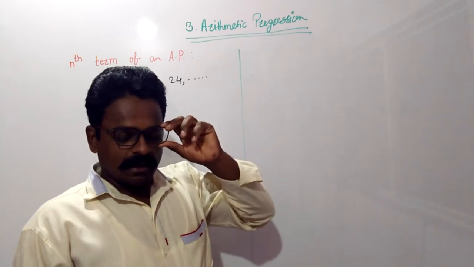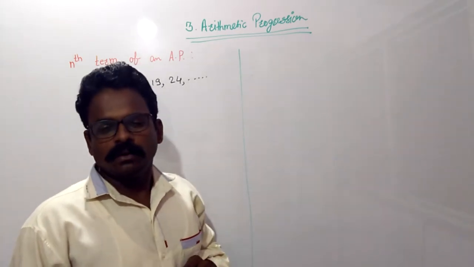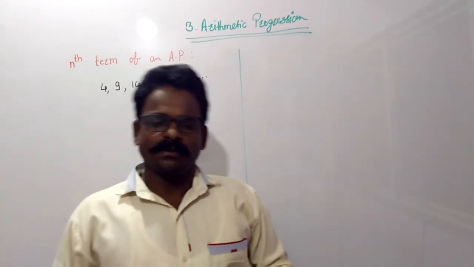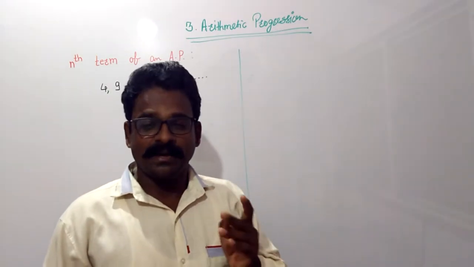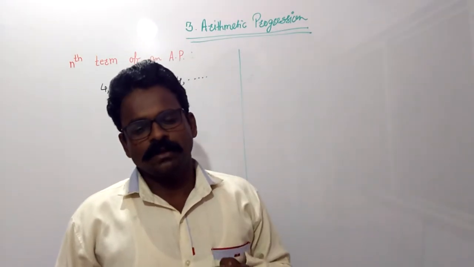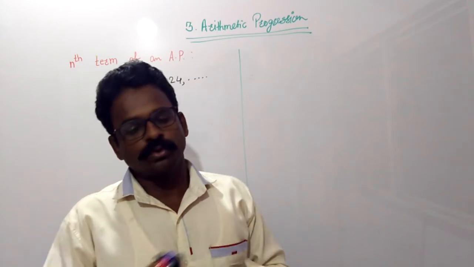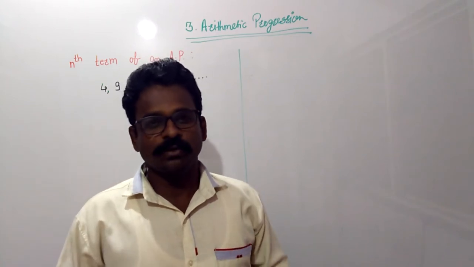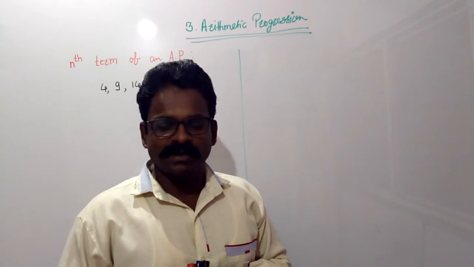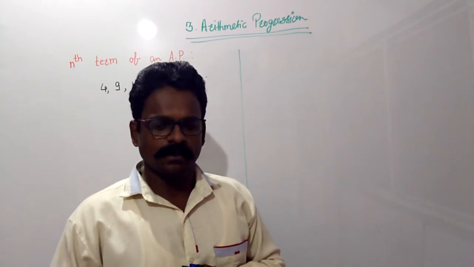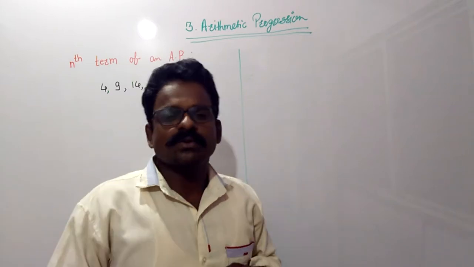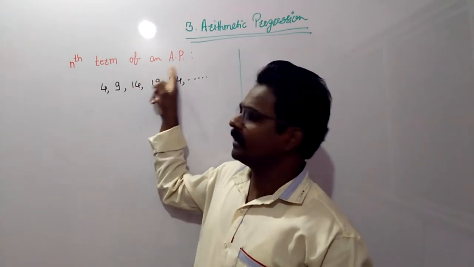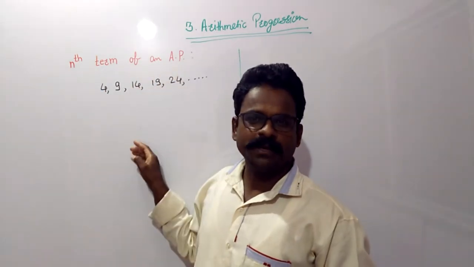Okay, so students, till now we have completed the first part of the chapter, and that is nothing but sequence, progression, arithmetic progression, first term, common difference, proving the given sequence is an arithmetic progression, finding the values of a and d, and finding the required arithmetic progression and all those things. Now we are going to start the next concept of this chapter, and that is nothing but the nth term of an AP. Nth term of an AP.